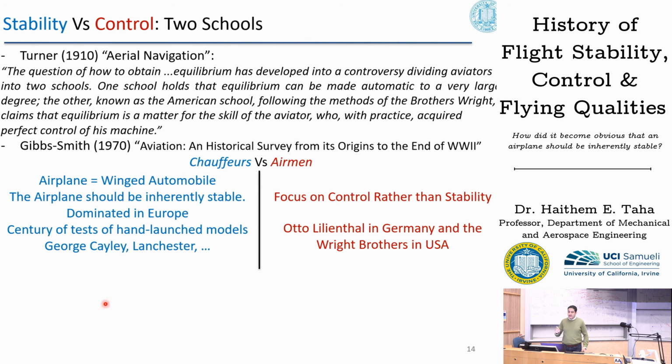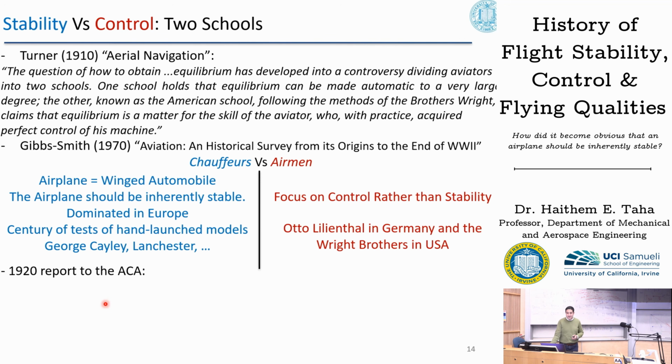And indeed, historians of aviation reached consensus that the Wright brothers' focus on control over stability was the main reason behind their success in achieving the first powered flight. But this means that if the Wright brothers' airplane was flown in Europe by European pilots who were not used to these kinds of unstable airplanes, they would feel uncomfortable and would describe it as crazy unstable.